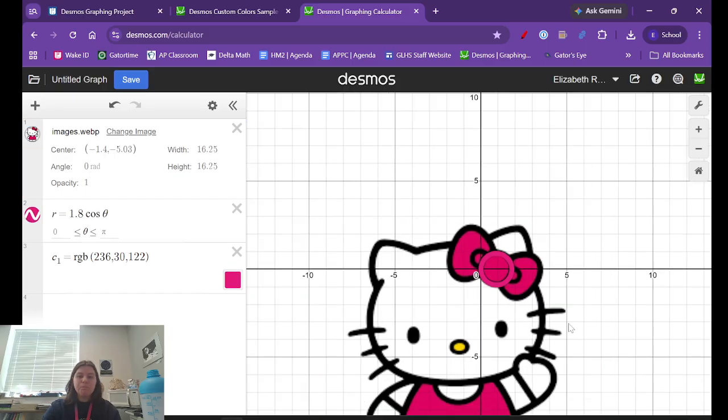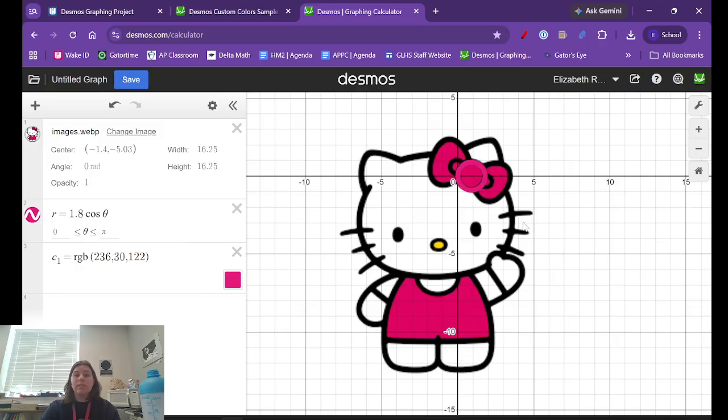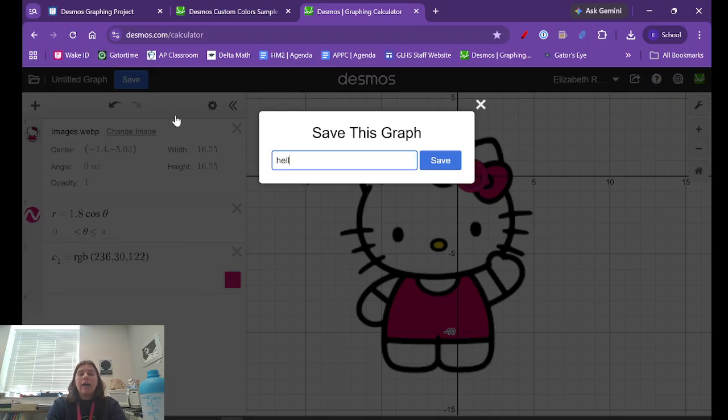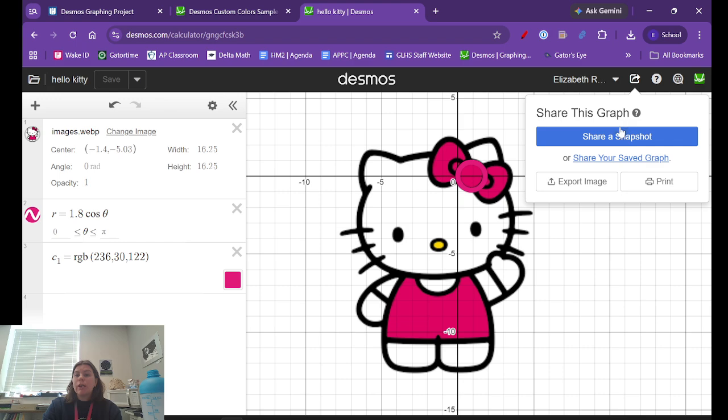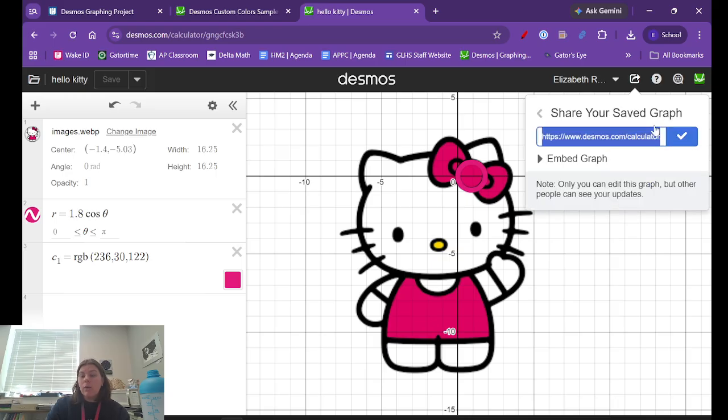Once you have created something you want to save, you can hit this save button. I can save it as Hello Kitty, and then I want to be able to share that. Now that's saved to whoever's account is working on this, but if you're working with a partner, you want to make sure that you know who has the most recent saved link and share that link with each other by copy pasting it somewhere. I recommend keeping a running Google Doc of all the links so that A, you have an old version in case you lose anything,